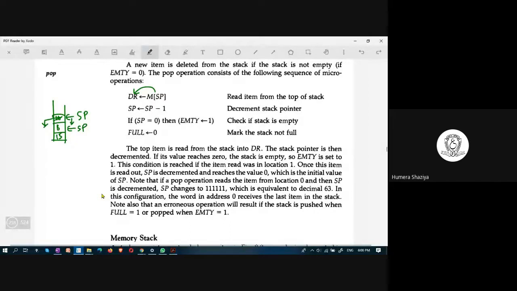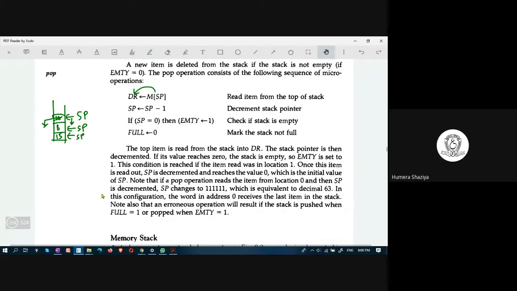If the stack pointer is decremented, a check has to be made whether the stack is empty. After popping, if SP gets value 0, meaning you pop this item, you pop this item, you pop this item, SP would become 0 eventually.